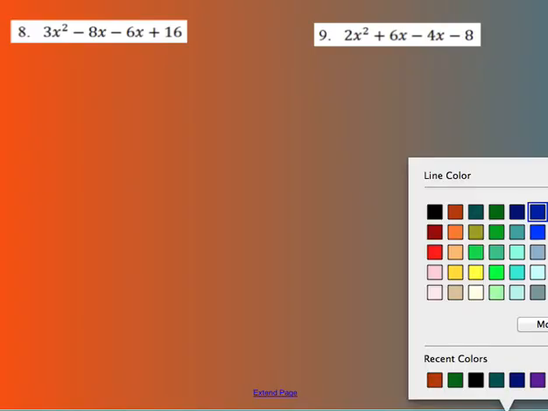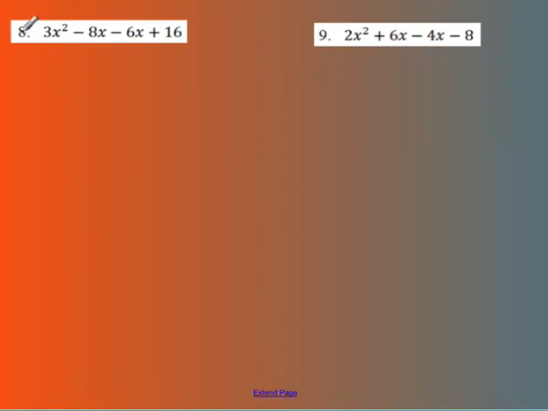So for number 8, we want to make our groups. So group and group. Between 3 and 8, we can't divide any number. The only number that divides 3 and 8 is 1. So I'm going to write a 1. Between x squared and x to the first, I can take out an x. And so then I'm going to get